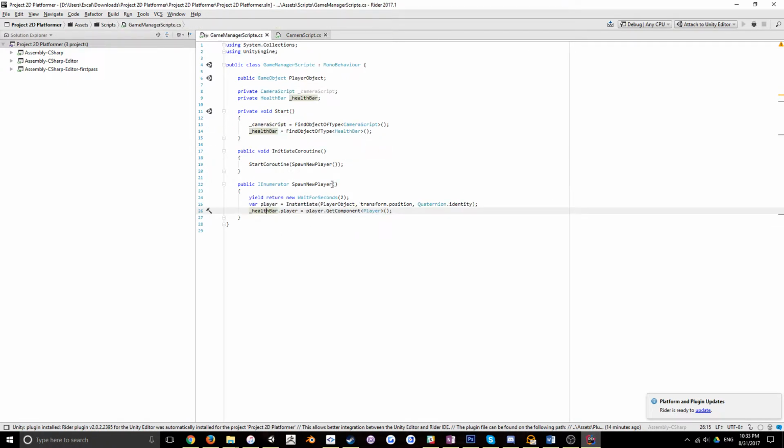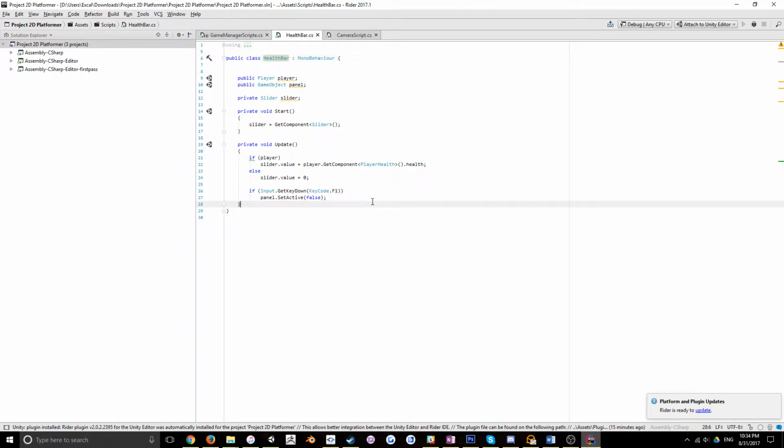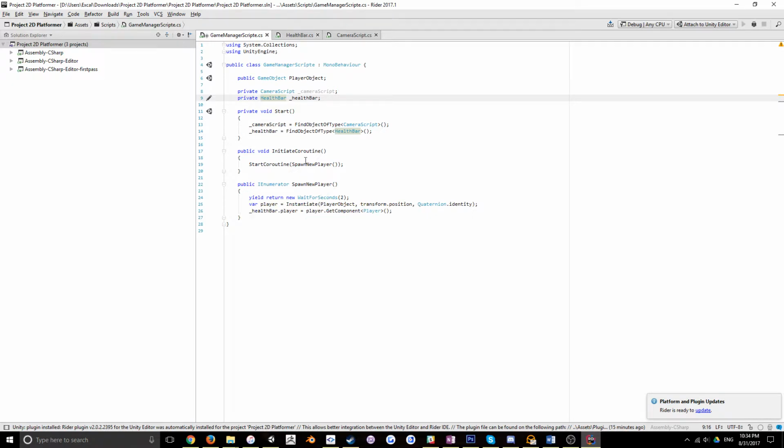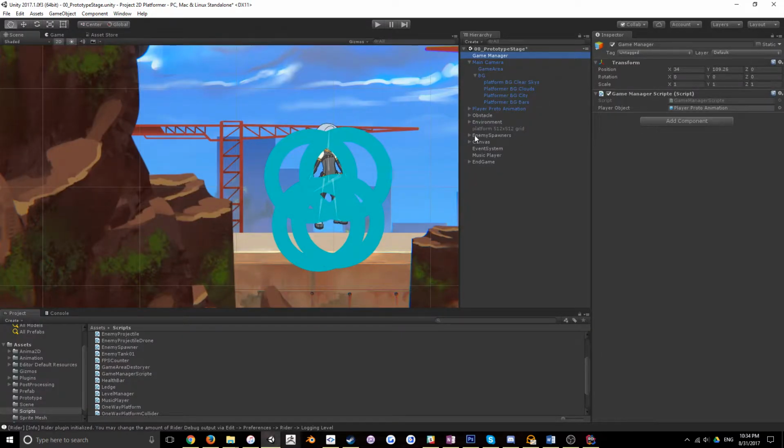So really, the problem with stuff like this is that, well, first off, let me check if your health bar also does it itself. Okay, so it doesn't. Your health bar itself does not get the player. It assumes that the game manager is going to pass in the player. Well, this is a problem because if you were to pass this project to another programmer and they were going to work on it, what are they going to think about when they need to modify the health bar? Well, that the health bar takes care of itself. And so when they see this and they're like, okay, public player, and then they check the health bar in the inspector,